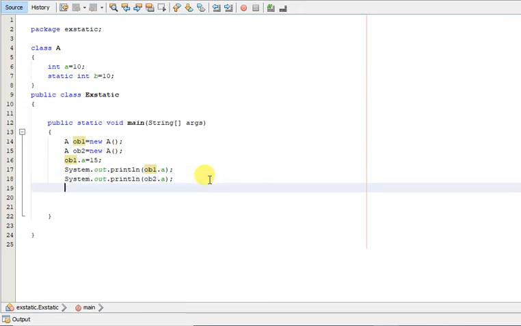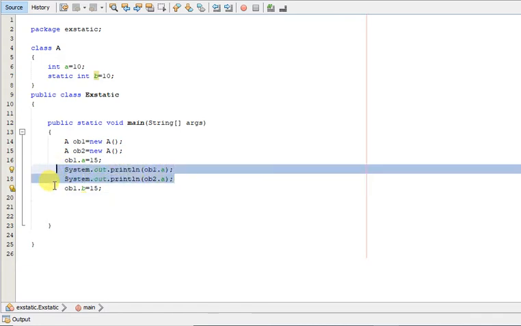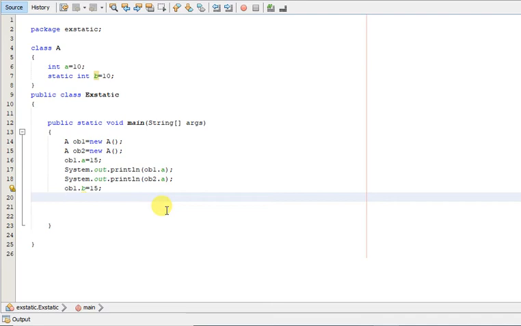Now let us try to do the same with the static variable. Now I am trying to change the static variable: ob1.b is equal to, suppose, 15, and I am using the same statement. This is actually b.